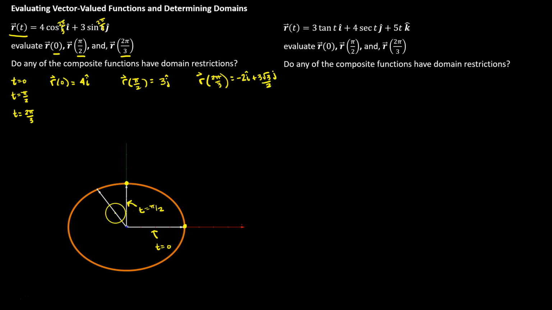And then lastly, our last vector comes from negative 2 in the x direction and positive 3 root 3 over 2 in the y direction. We can see that point here, and we know that this came from evaluating the function at 2 pi over 3. So we can see that as t is increasing, the vector function has a direction, and it's being evaluated